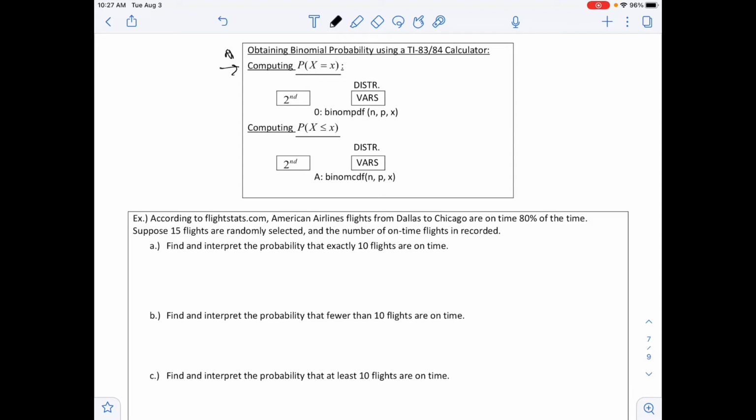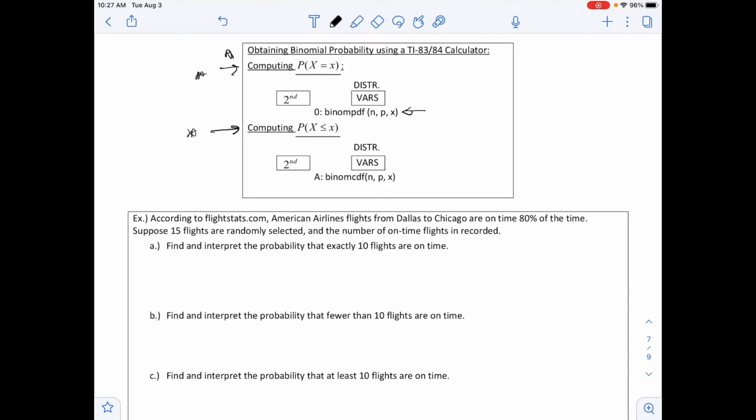And so to do that, we could have used binom PDF. And to get to that, we go second vars, binom PDF. And then you need to enter in n, p, and x. Again, n is the trial, p is that probability of success, and x is that random variable that it's taking on. It also has